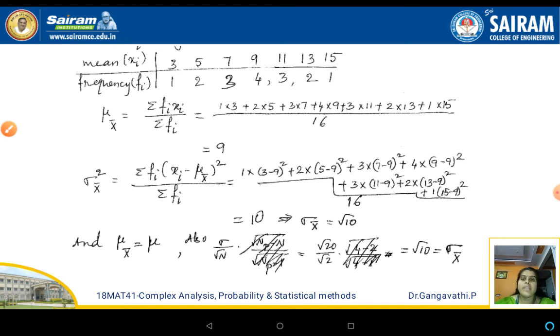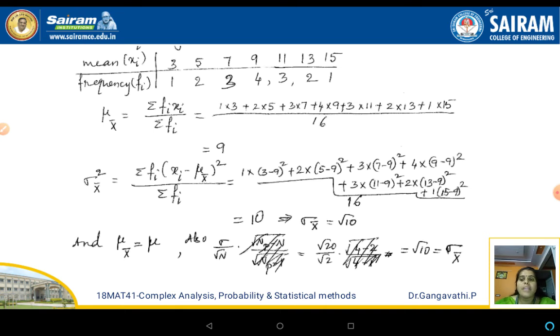So according to the mean and frequency distribution, let us arrange in the form of a table. Look at the mean values we had got. We had got different means, and we are going to list them here, avoiding repeated values. 3 is the mean which we have got, and 5, 7, 9, 11, 13 and 15 are the different means that we had got for the samples we have obtained. Now the frequency distribution: how many times each has appeared.